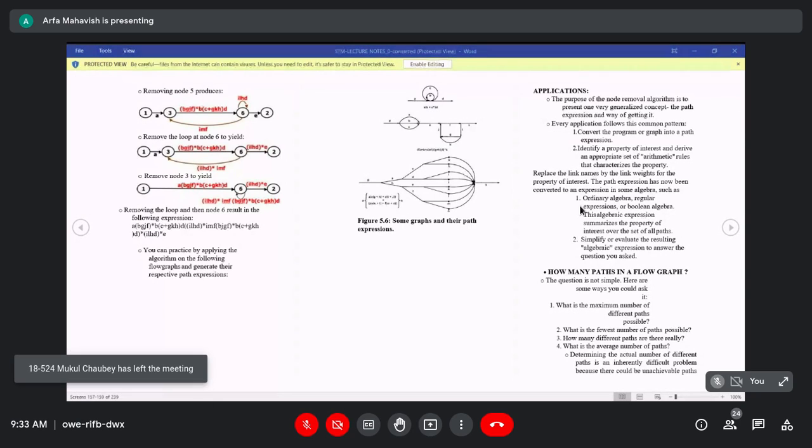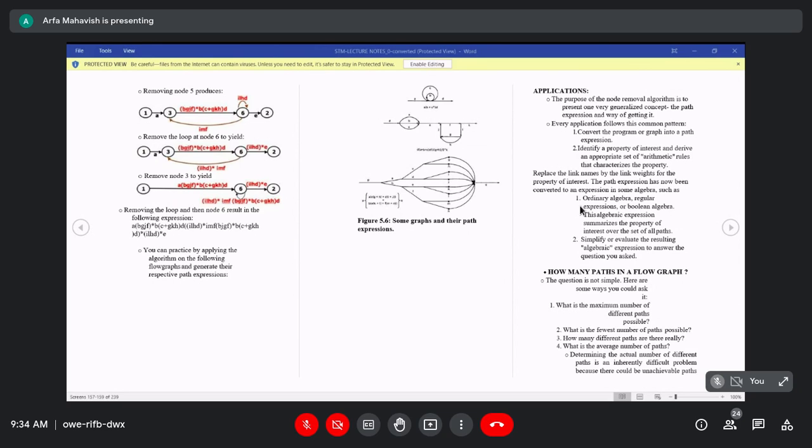In the previous class we saw the reduction algorithm, right? So every graph, every node we are reducing. For that we are applying some common pattern. Each and every graph should be converted to path expressions.